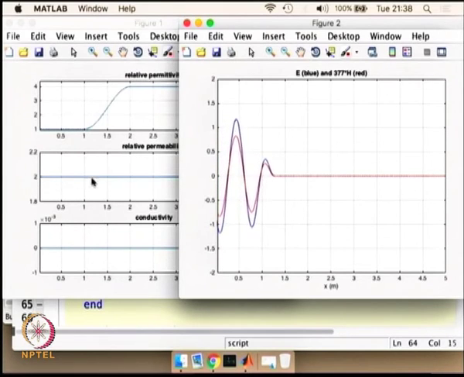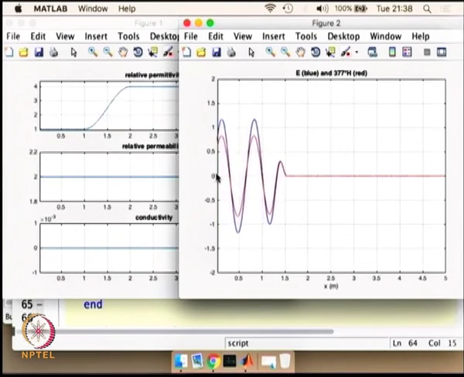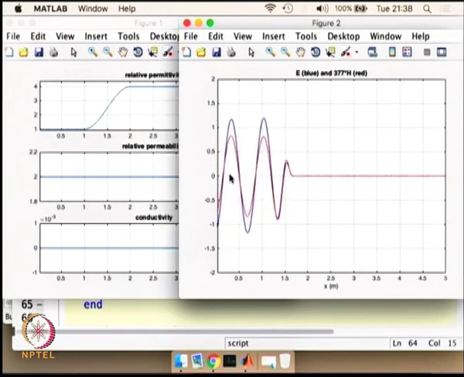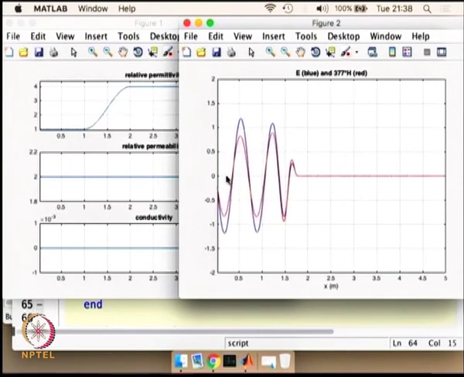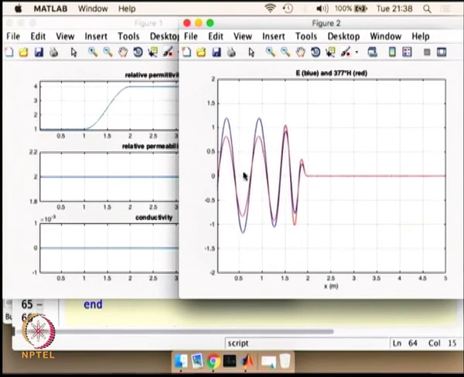Mu r is going to be 2 throughout the problem, so it's not a free space problem here. It's already coming with certain relative permeability, and the impact is going to be dramatic when it enters into the